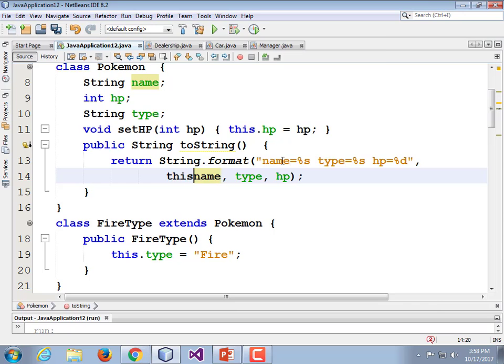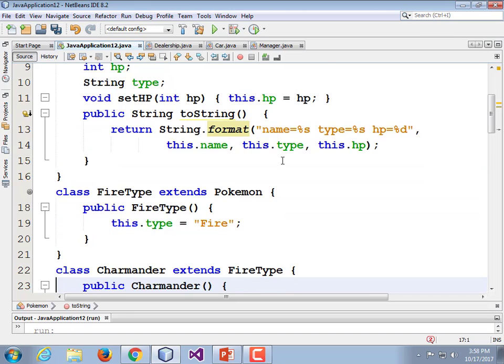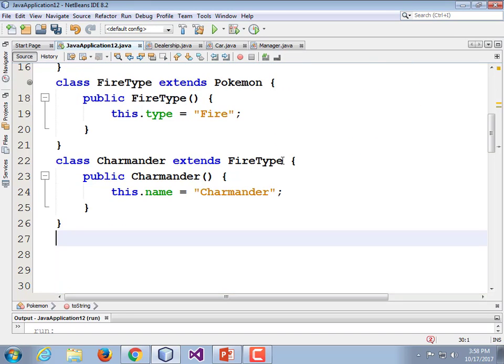And I really like adding this in front of everything. So this dot name, this dot type, this dot HP. All right, we're going to need to wrap this up, but I do want to give it an actual try. So I'm going to go down to main, my driver,